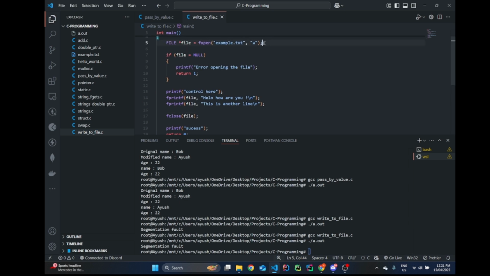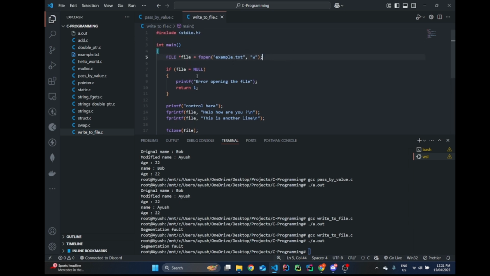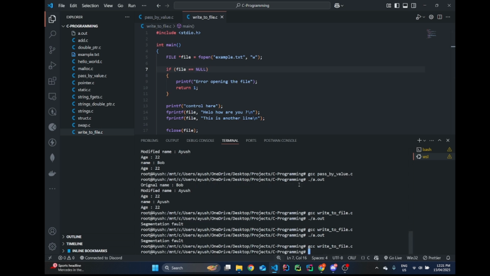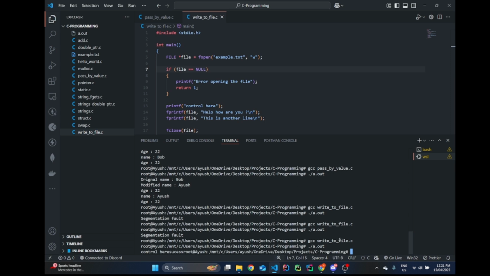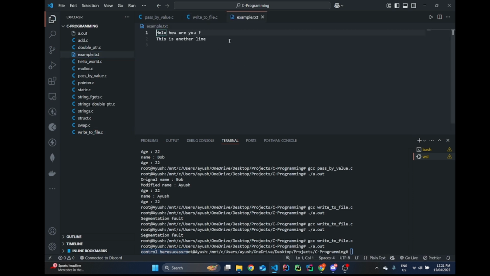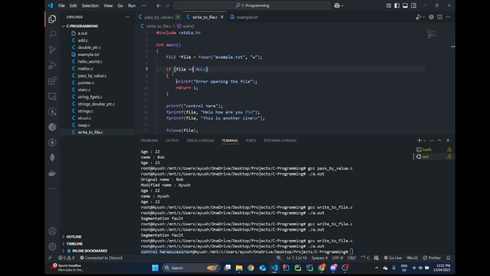Okay, so after this, probably it's having a segmentation fault here, I guess. Oh, it's because I'm comparing it wrong. It should be double equal to, not single equal to. So control here and success. So let's see the example.txt, and this is there. Hello, how are you? And this is another line. So yeah,